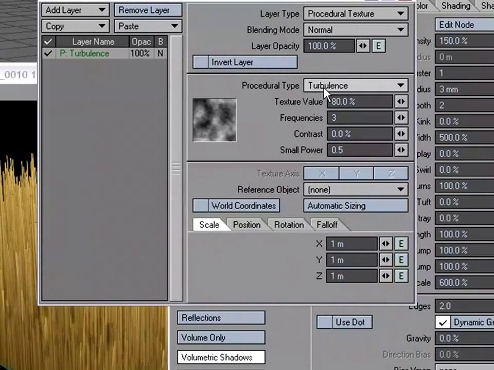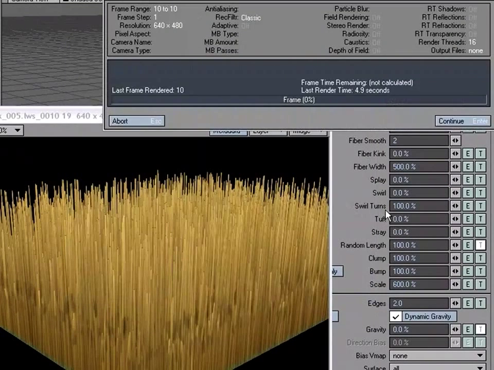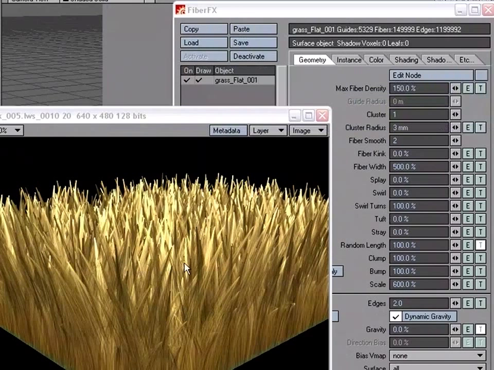Let's use turbulence again, and for this, let's try 200 millimeters. Basically, I'm just shrinking down this texture here. Let's take a look at what this looks like. Okay, we're getting really close to what we want. Now, again, I'm thinking about my home association in the neighborhood, and my grass kind of looks like this in areas, and they're not very happy. So we should probably change